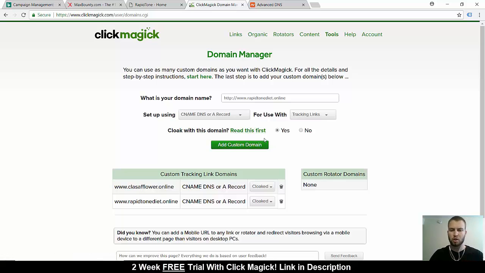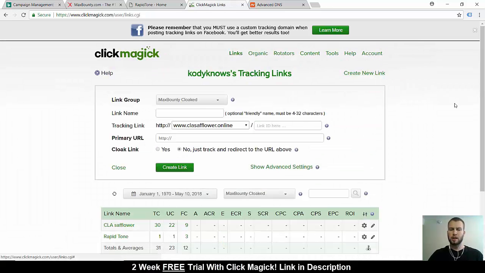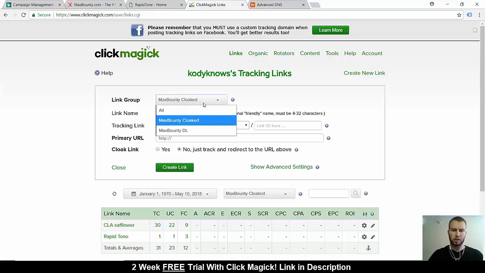Then you hit add custom domain, and if you waited long enough and everything's good with the domain name, it'll show up right down here in the custom tracking link domains. And I already have that. So once this is ready, you just go to links, create new, choose your link group. For this I got MaxBounty Cloaked, link name, Rapid Tone,